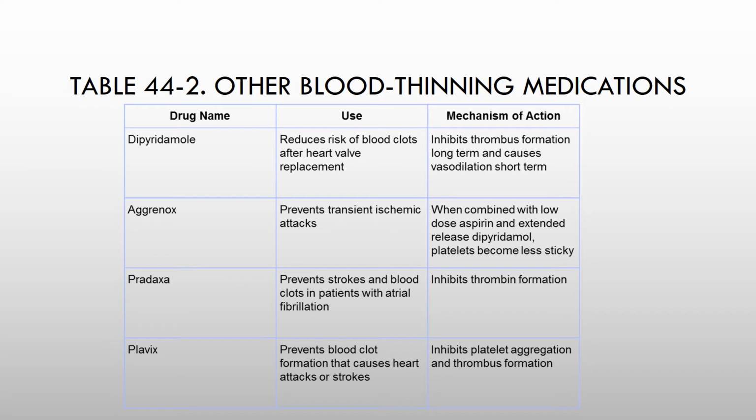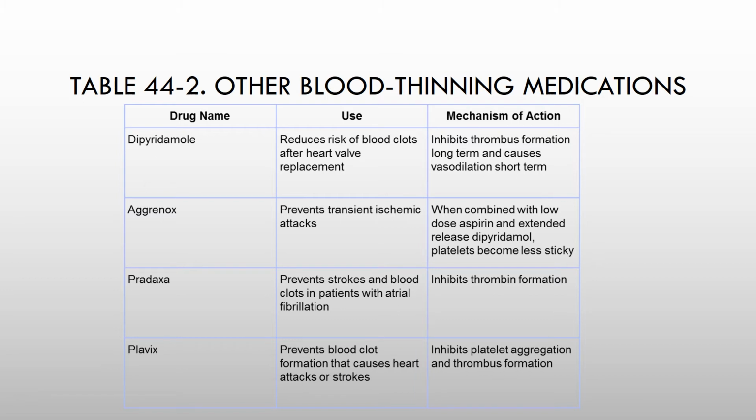Here's some other blood thinning drugs. Dipyridamole. This is used to reduce the risk of blood clots after heart valve replacement, and it works by inhibiting thrombus formation long-term and causes short-term vasodilation. Aggrenox is another that prevents transient ischemic disease. When combined with low-dose aspirin and extended release dipyridamole, the platelets become less sticky and thus less able to form